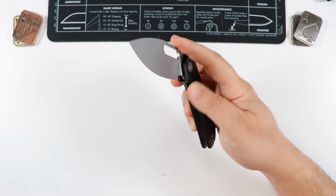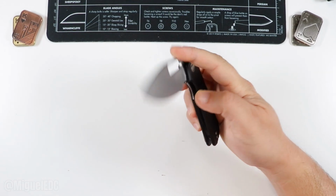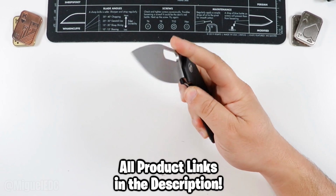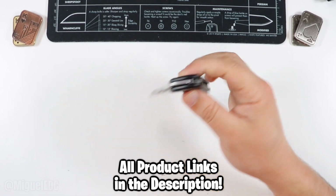So yeah, you're probably wondering, well, Miguel, if you just unboxed the knife, how do you have a feeling for the knife already so much? How do you already know so much about the knife? Well, I'll tell you. For one thing, obviously, it's general EDC knowledge from all the different knives that I check out on a daily basis. But the other thing, too, is this